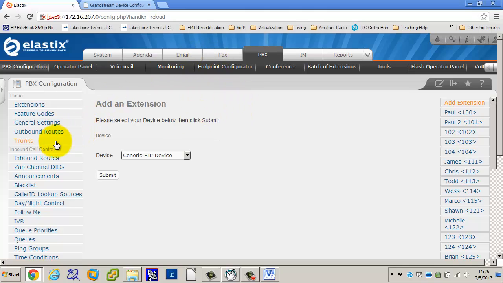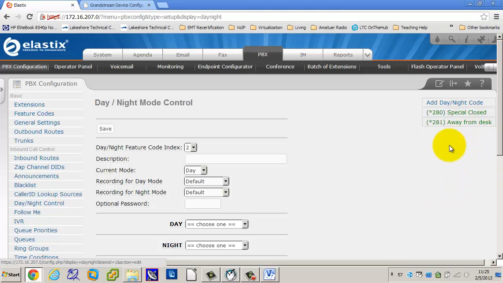So right now everything should be green. My day-night controls should be part of my normal control. So when I dial,